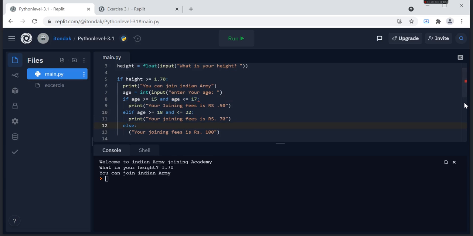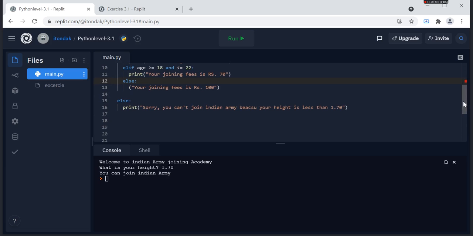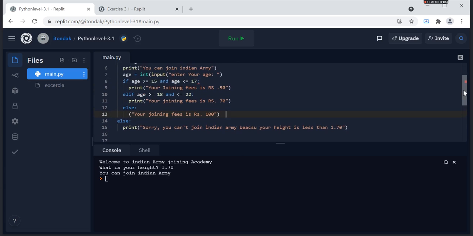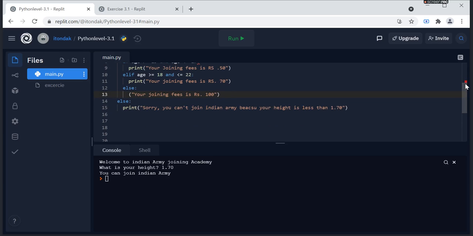Now let's check. I'm 100% sure this is an error. We forgot something. This is a red dot, and its meaning is something is wrong.